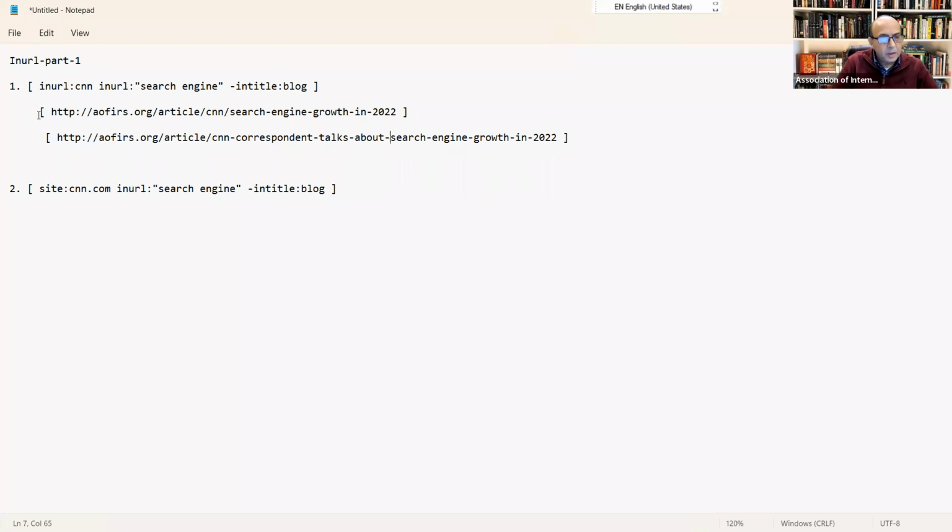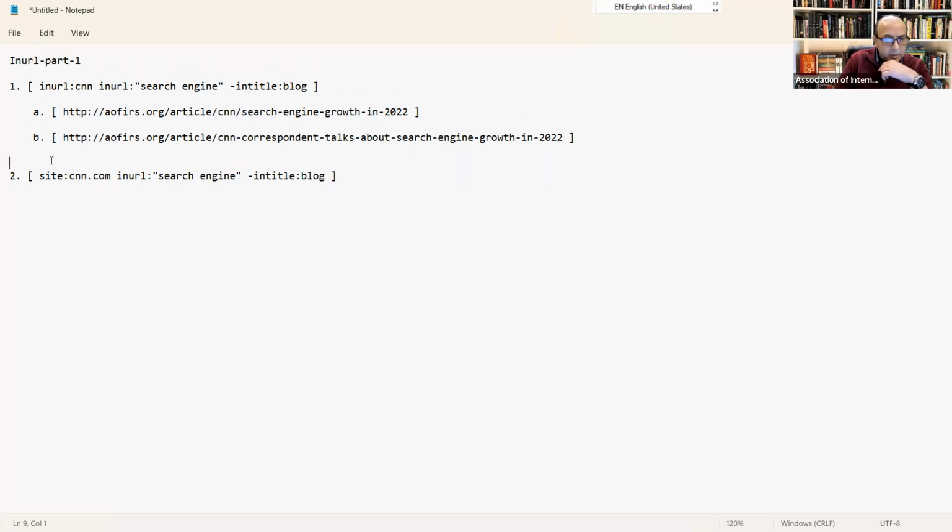So now I will get additional links, one which could have origin like this one, call it A, or it could be something that is similar to B. So to avoid A and B and to ensure that all my links are coming from the site of CNN.com,